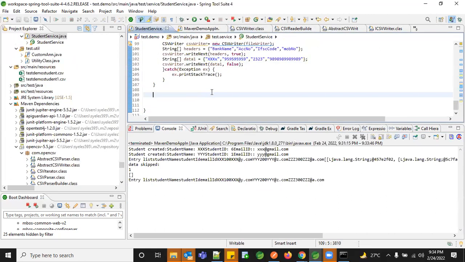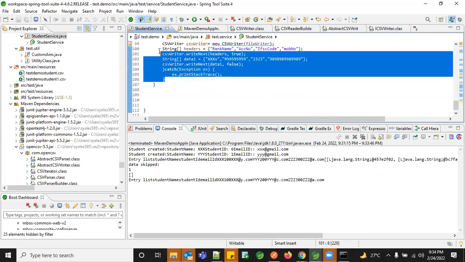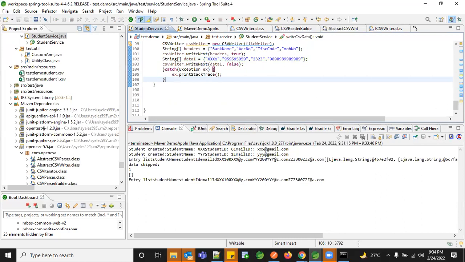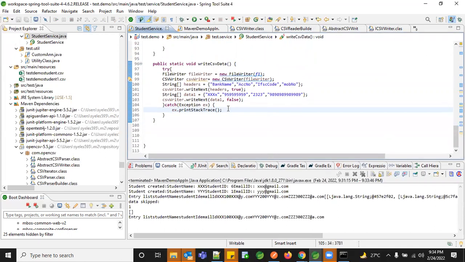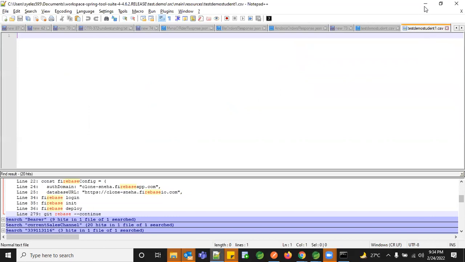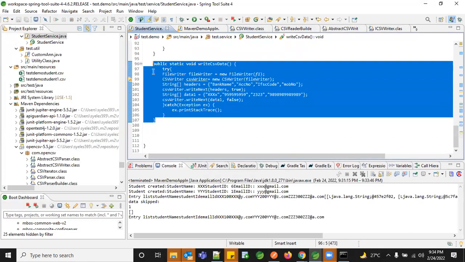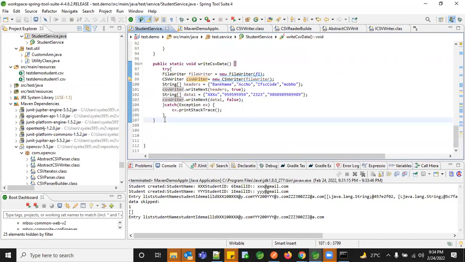Let me figure it out, Kiruba. The data is actually coming. It's just not getting written in the file. So I can check on this. Apart from that, do you have any questions on the CSV reader writer? Okay, fine. I'll check this tomorrow. We are able to get the data on a record. The only thing is that the file is not getting created. So I can check that and we'll continue again tomorrow, and then we'll see the multi-threading concept of CSV.